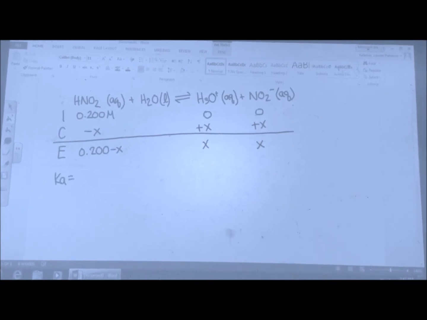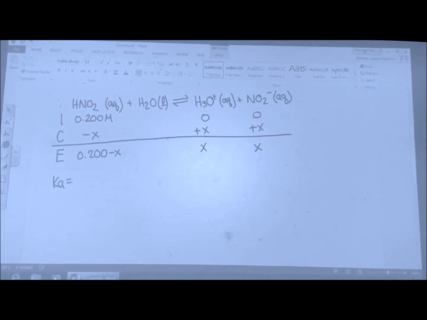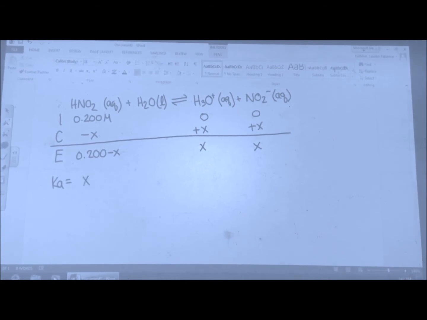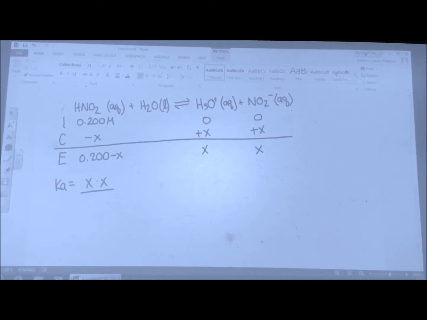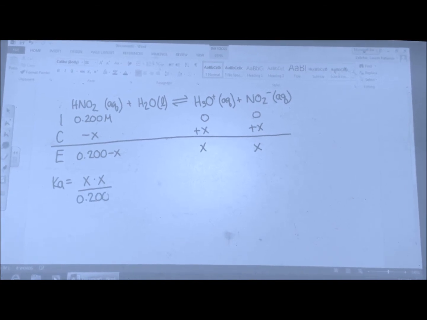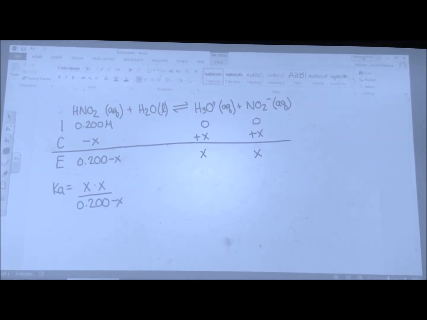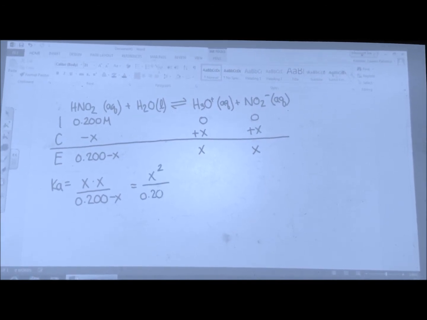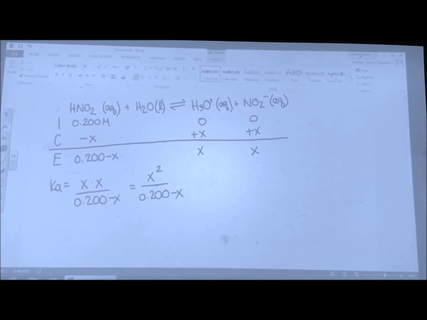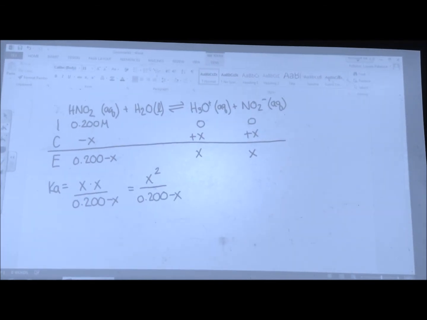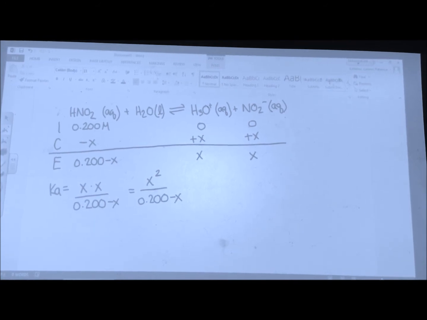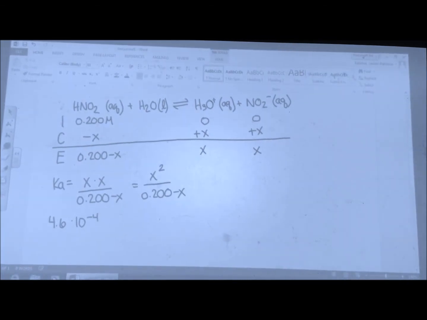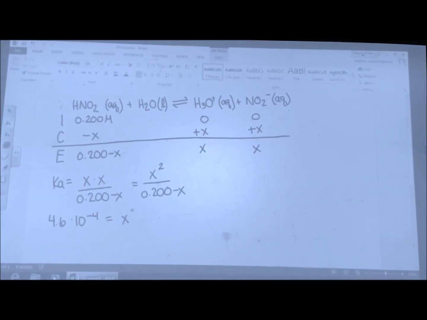Ka equals products divided by reactants raised to the power of their coefficients. So Ka is going to equal x times x divided by 0.200 minus x. We can simplify this by writing it as x squared divided by 0.200 minus x. Now we can plug in the Ka value, which was given above. It was 4.6 times 10 to the negative 4th equals x squared divided by